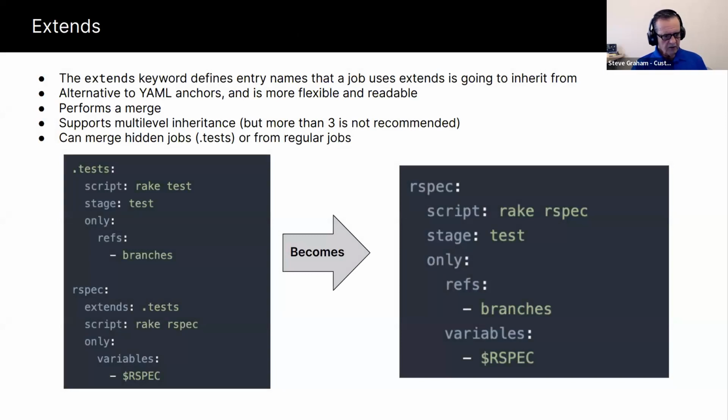So extends is a special use case. It gives us the ability to extend a previously defined job, and that job can be either a running job or a hidden job. In this particular case, what we're looking at with the .test keyword at the very top left window, the dot means it's a hidden job. So .test is a hidden job. It's never going to execute as a job. It's just there to be extended by other jobs if they choose to do it. And you can see that the RSpec job extends the .test